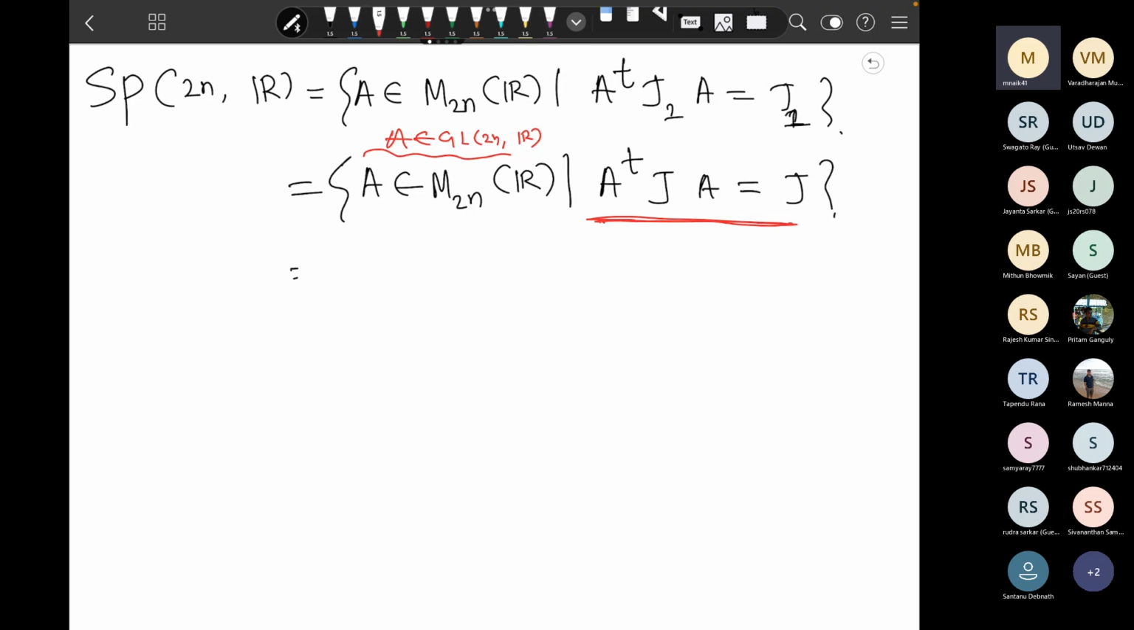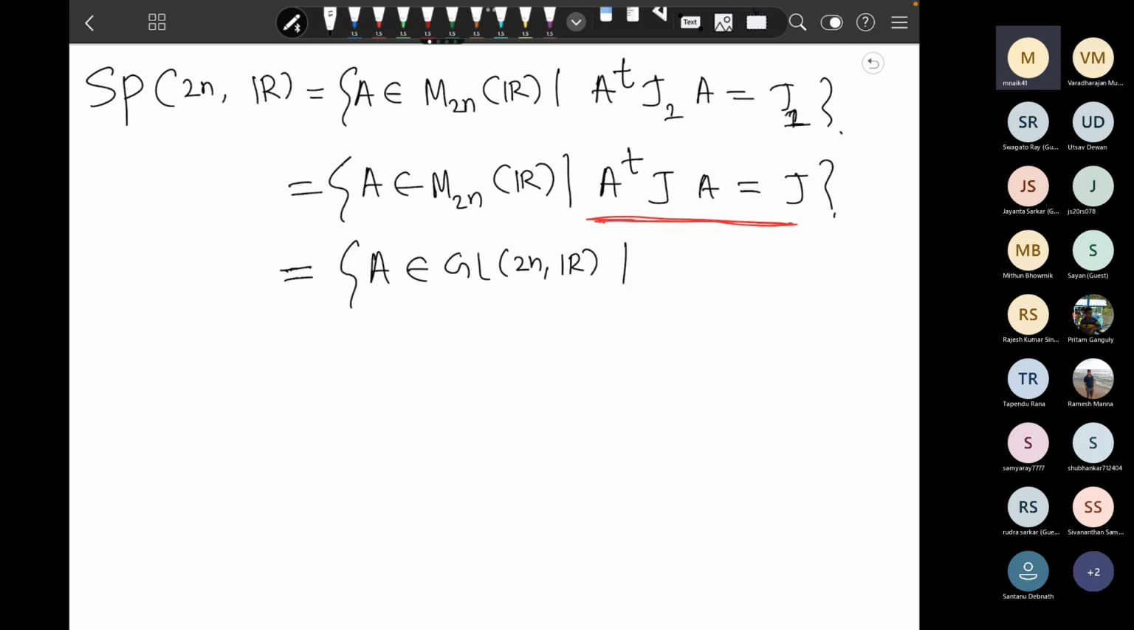For instance, if you want to show a matrix is an orthogonal matrix, and you stick to this type of definition, you first show that the columns of A form an orthogonal basis. Then after that, you show that A is invertible. This is some extra work. For that reason, I am really writing A belongs to M2n(R). So this is the same thing as A belongs to GL2n(R),